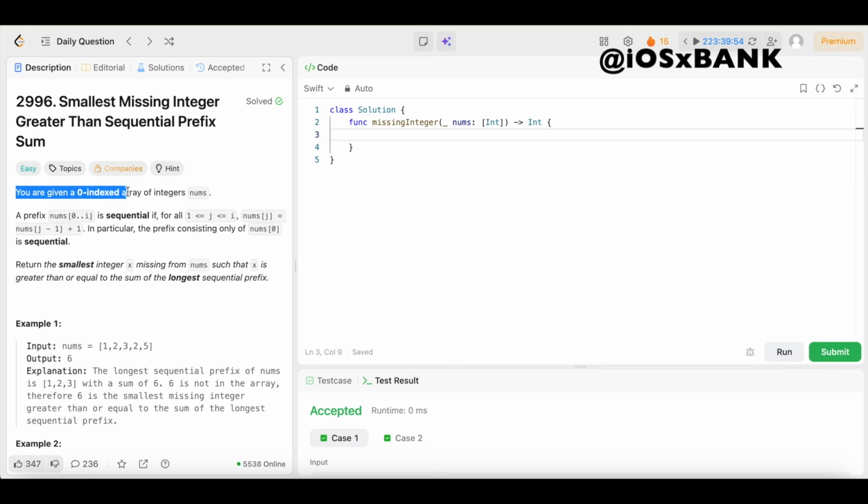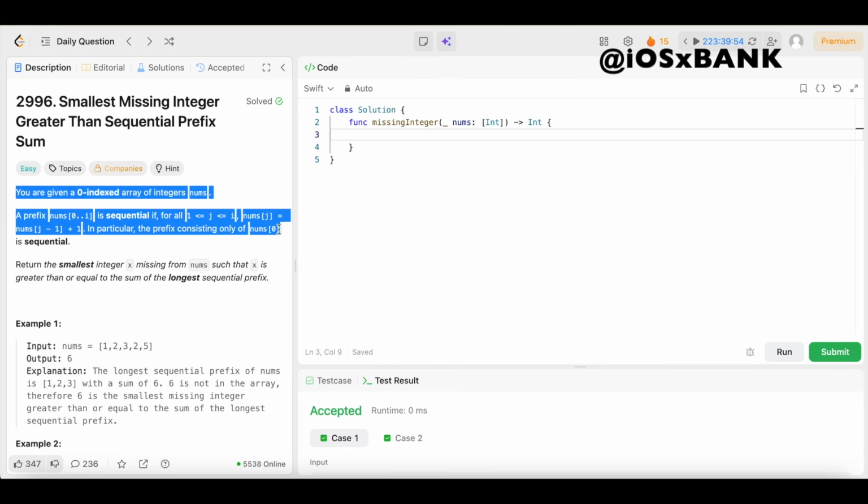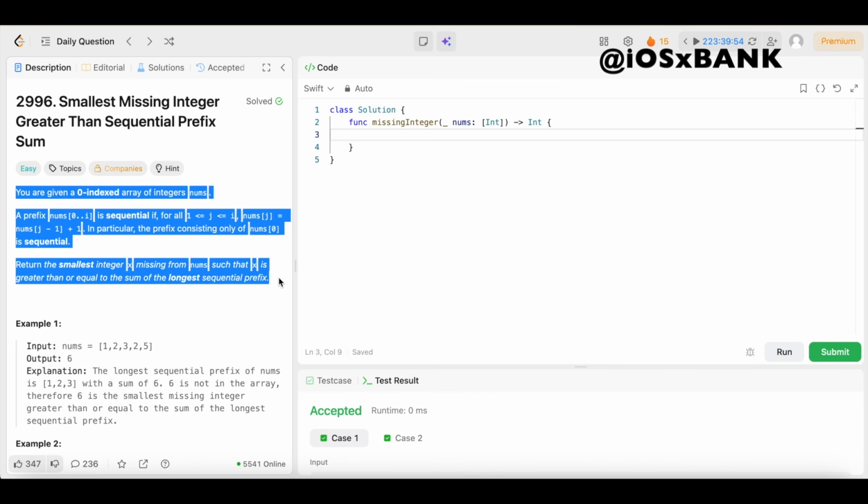You are given a zero-indexed array of integers nums. A prefix nums of 0 through i is sequential if for all 1 less than or equal to j and j less than or equal to i, nums of j is equal to nums of j minus 1 plus 1. In particular, the prefix consisting only of nums of 0 is sequential. Return the smallest integer x missing from nums such that x is greater than or equal to the sum of the longest sequential prefix. All right, y'all, that may seem a little bit confusing at first,